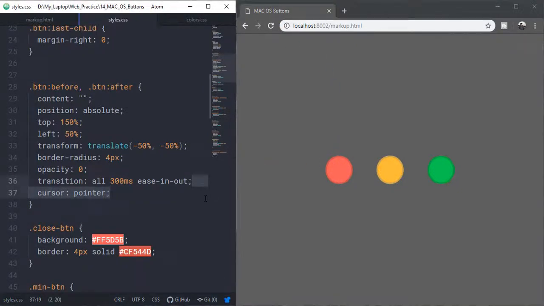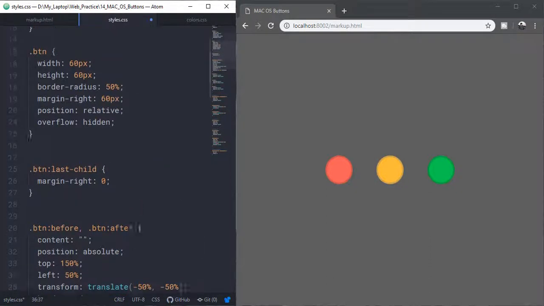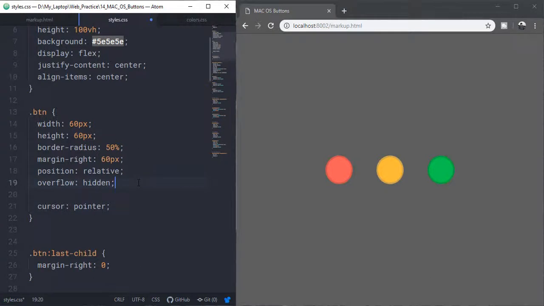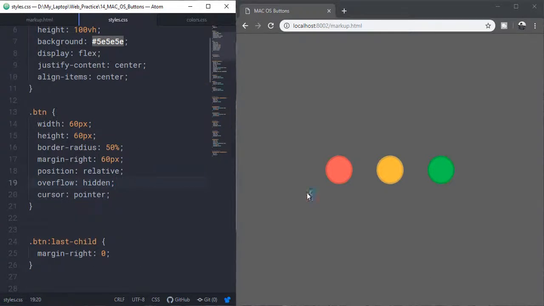We need to set the cursor to pointer on these buttons. Okay, so let's save it. So as you can see, we have got this cool little animation as well,